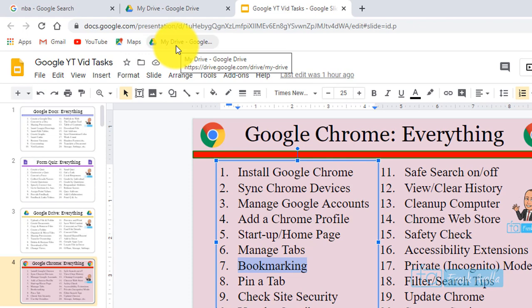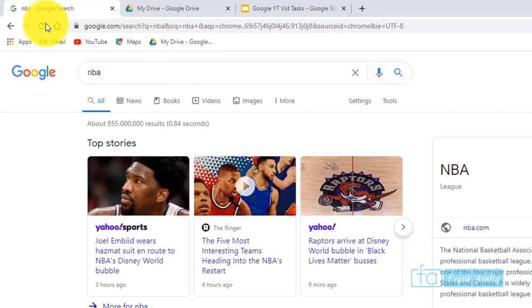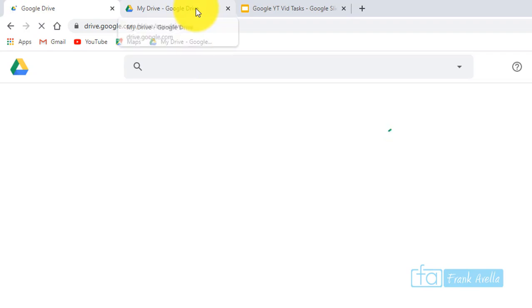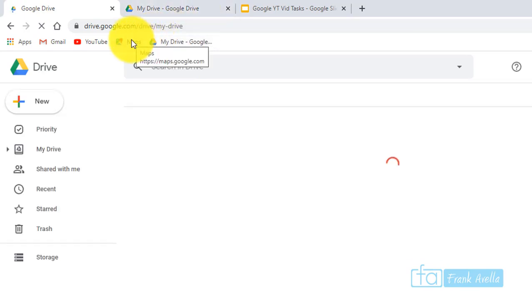So for example, if I'm on, let's say, here's the NBA search, just a Google search of NBA, and I click on one of my bookmarks, it'll take me right to that bookmark. So I clicked on My Drive, and it's turned into Google Drive. It's taking me there. I actually already have it open here, but I could change that to My Maps now